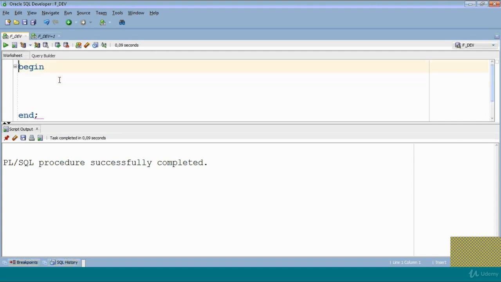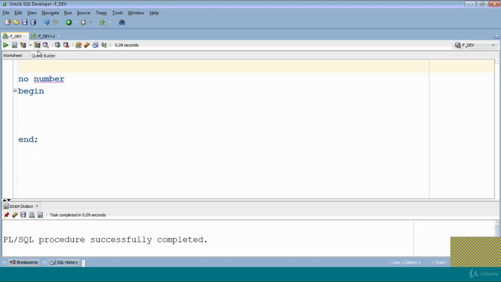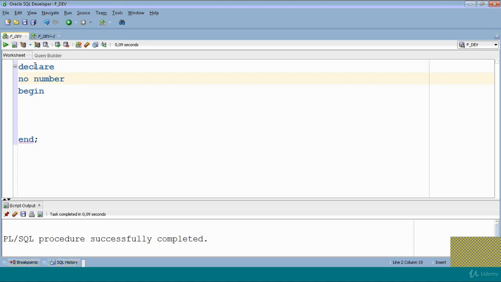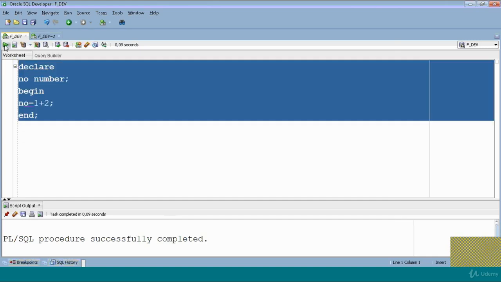We will declare one variable, a number, and its data type is number. So we write DECLARE, the number variable, then BEGIN, and in the variable we assign 1 plus 2.